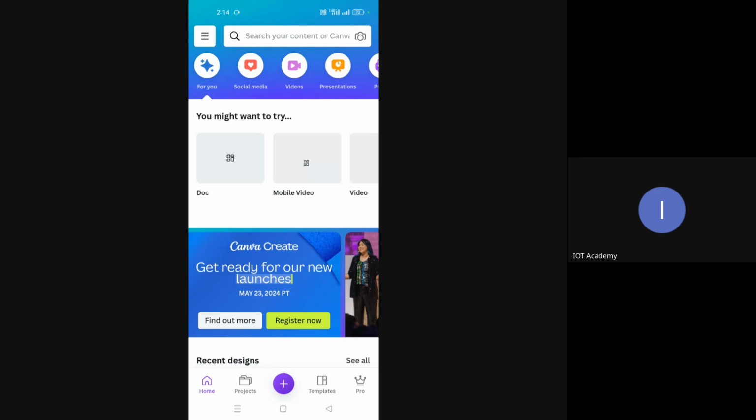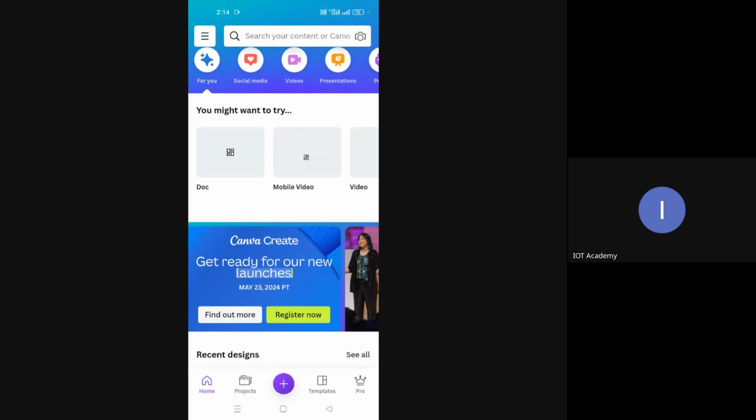So, in order to upgrade ourselves and be on par with this generation, let's start learning about an application which would help us do lots of designing of flyers and brochures.